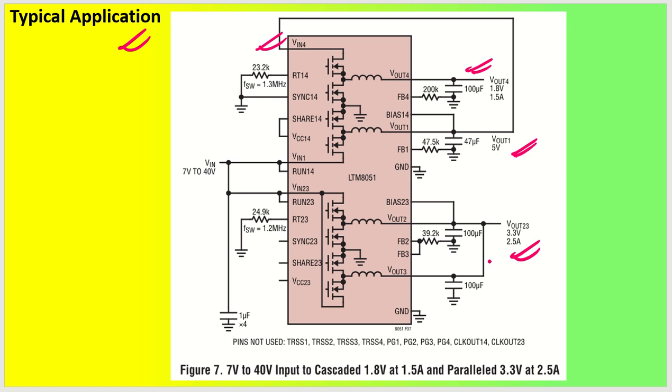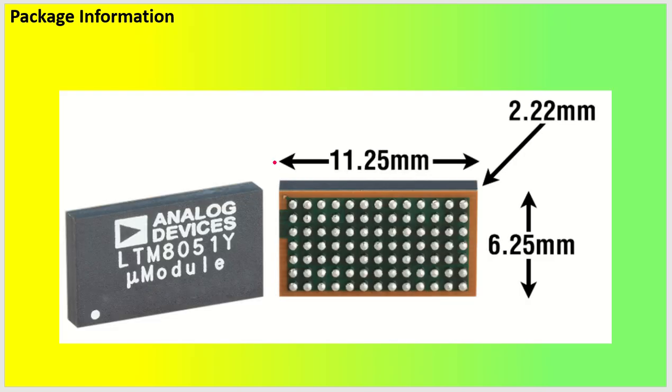Okay, and you can set the same switching frequency. Here it is set to 1.3 megahertz. So instead of that, you can always keep it 1.2 megahertz for both of them by putting 24.9 kilo ohm here and here as well. Okay, both of the places. Good. So this is the particular package information that you will see. This is the micro module that looks like this from the top, and the bottom has these balls that have been set,